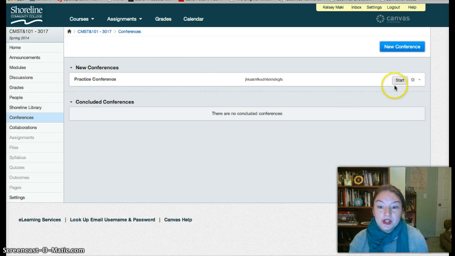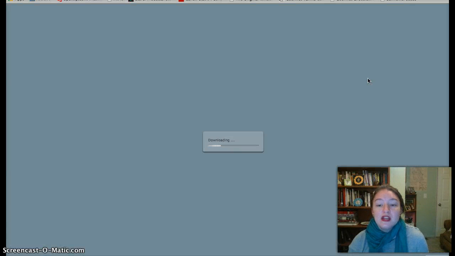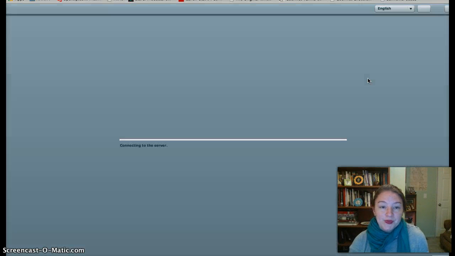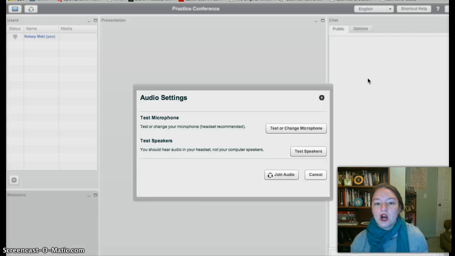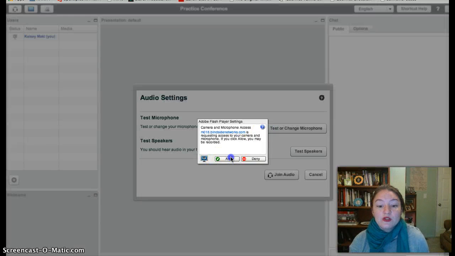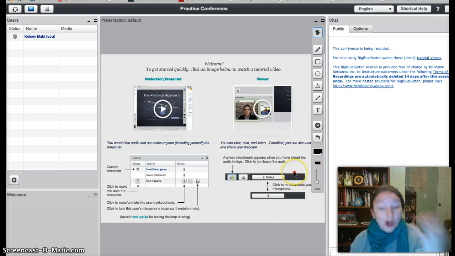So then you'll see the conference listed here. In order to start the conference at whatever time you've decided as a group, you have to push start. Then the conference is going to pop up in a new window, and you can navigate from there. This is something you all are going to want to practice with, maybe have meetings this way, so that you can get more and more comfortable with how it works, so that you can record your final speech all together